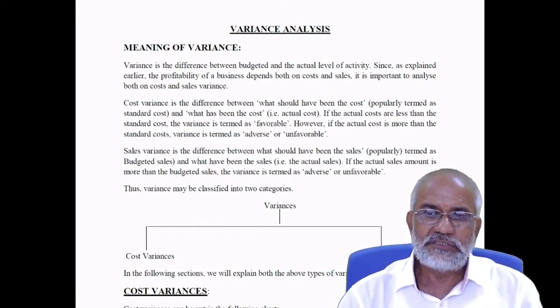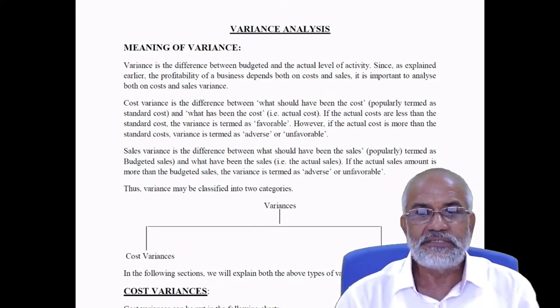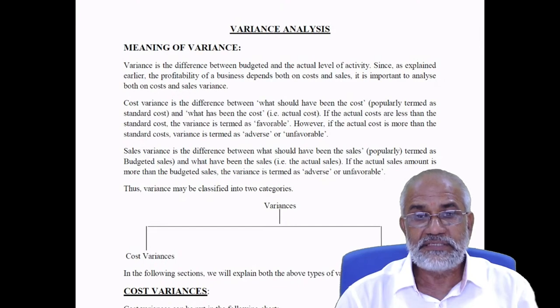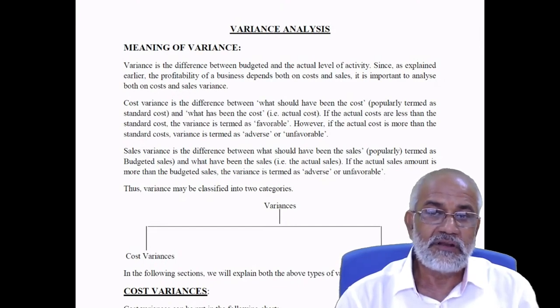If the actual costs are less than the standard cost, the variance is termed as favorable, that means positive. However, it may so happen that the actual cost may be more than the standard cost. And when the actual costs are more than the standard cost, the variance is termed as adverse or unfavorable